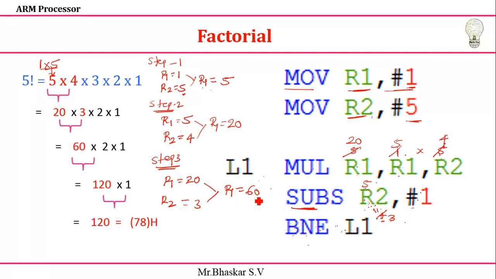Okay. Next again it will go for the step 4. The step 4 it will go again R1 is equal to 60 and R2 value is equal to 3 minus 1 it become it is 2. Again you do the multiplication. Result I'm going to store I'll get it is 120. So again still it is a 2 is there. Next we will go to here again do the process step 5 also. I'll go to step 5.